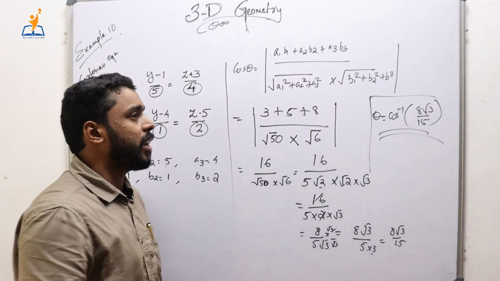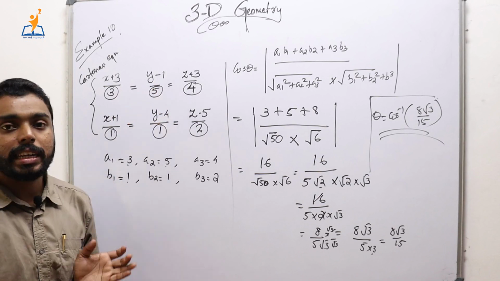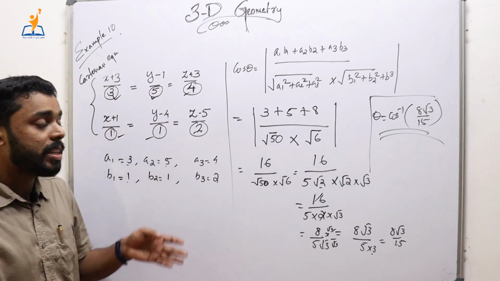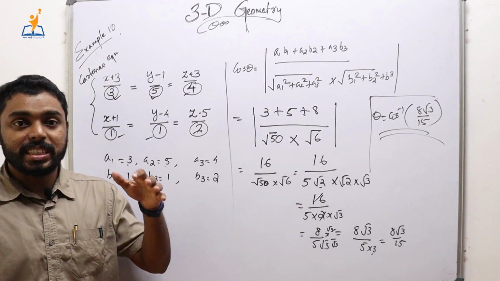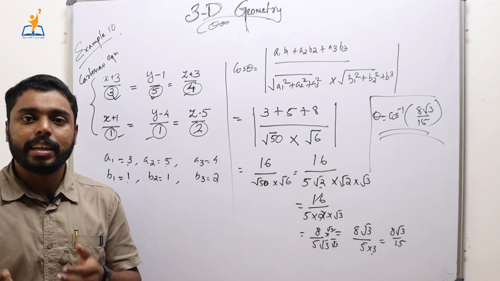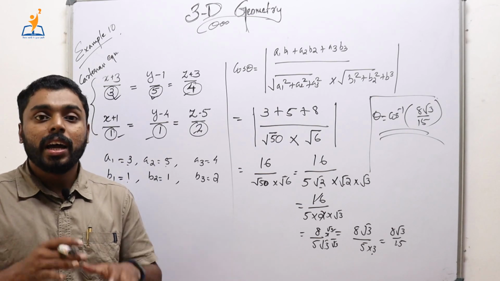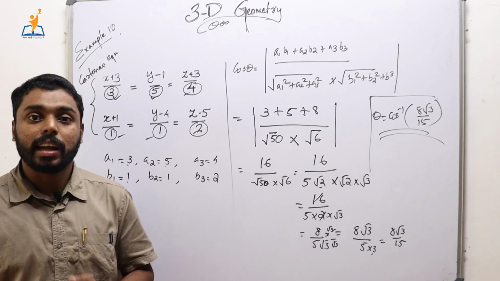In a similar manner, we can easily find the angle between two lines. If it is given in the Cartesian equation, just identify the direction ratios of those two lines. If it is given in the vector form, we can find B1 and B2, which are the vectors parallel to line L1 and L2 respectively, and hence we can find the angle between B1 and B2 using the dot product formula. Hence that will be the angle between the given lines also.